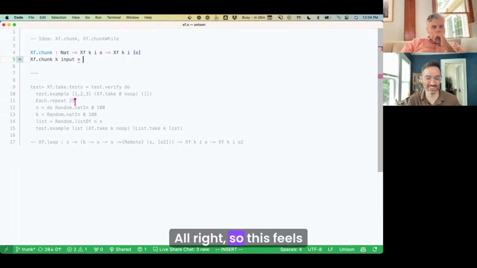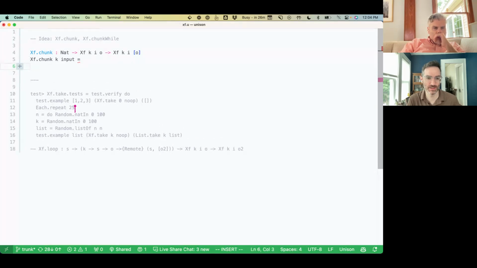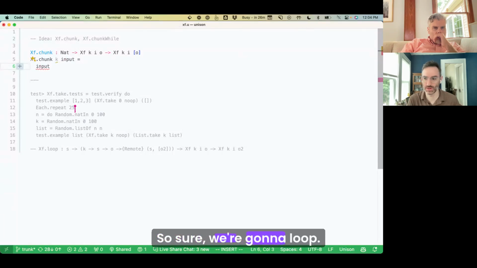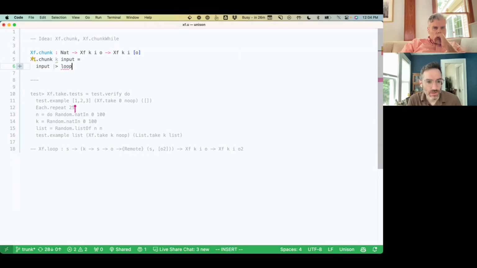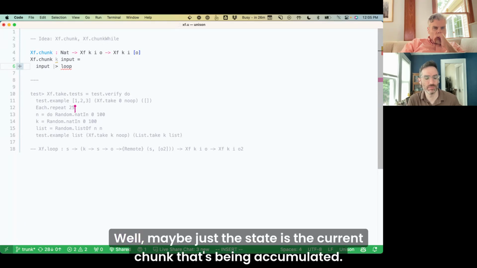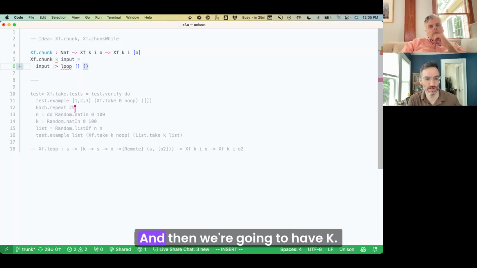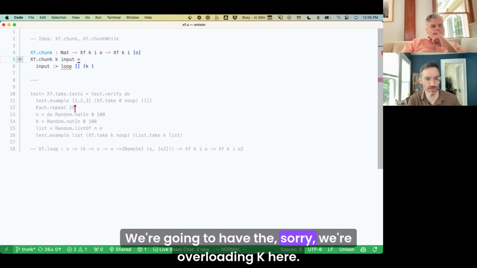All right, so this feels like another loop. So sure, we're gonna loop. Well, maybe just the state is the current chunk that's being accumulated. And then we're going to have K. Oh, sorry, we're overloading K here.